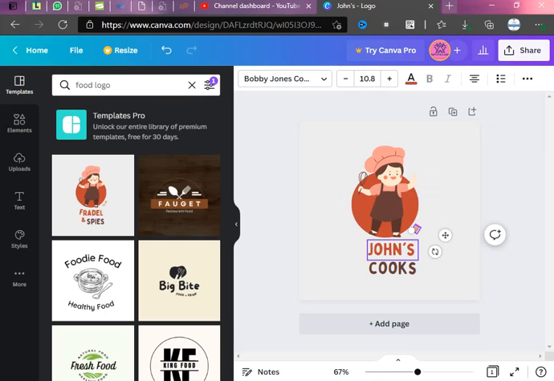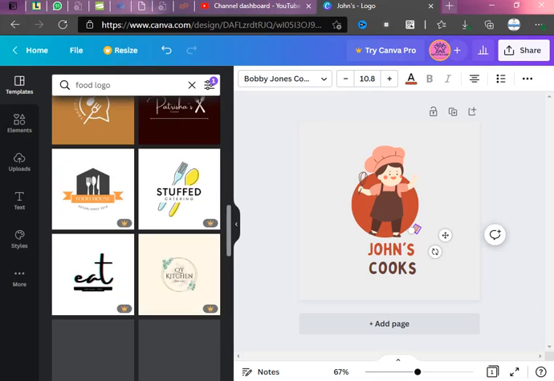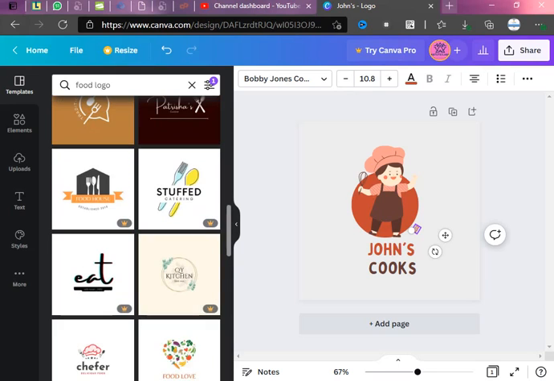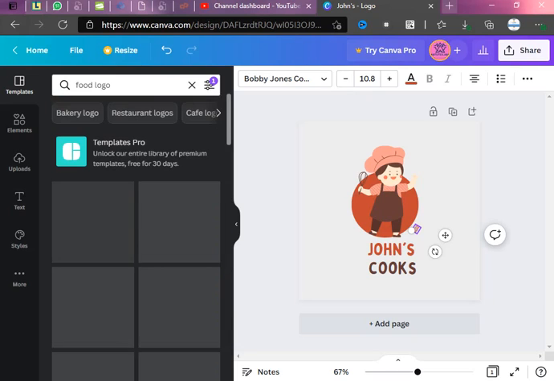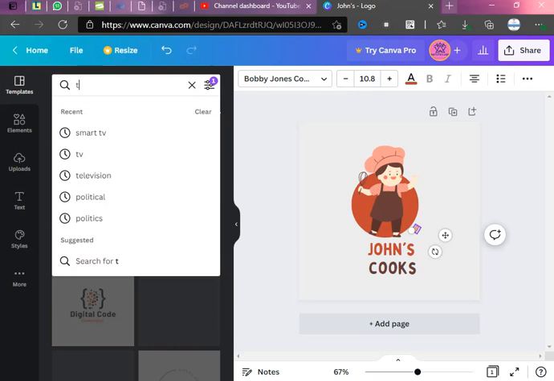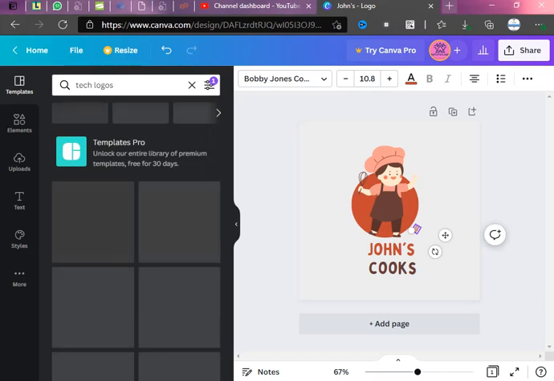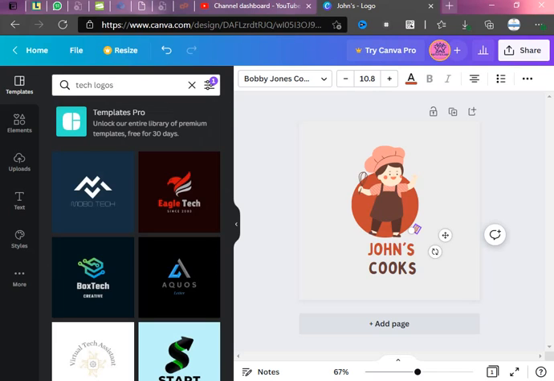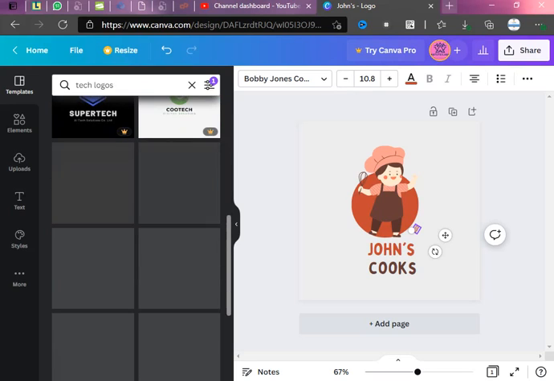You can also change it, so it has different layouts. If you don't like this one, you can just pick any one and edit it. It's the same method and the same explanation you use if you are using the app. You can also come here. Maybe your channel is about tech logos. Canva has a lot of pre-designed stuff you can use. It has a lot. Let's click on any, edit it,